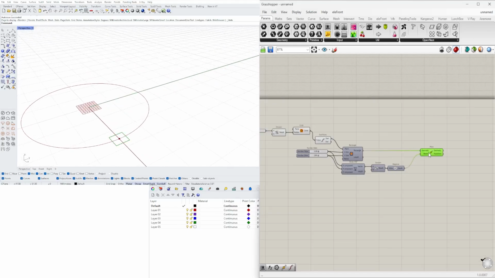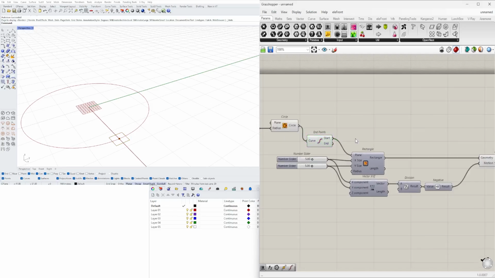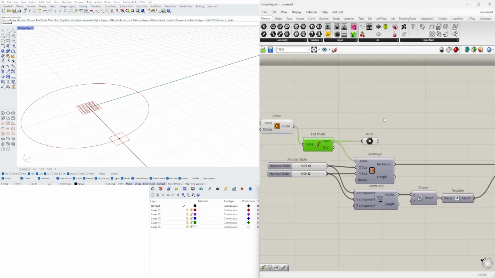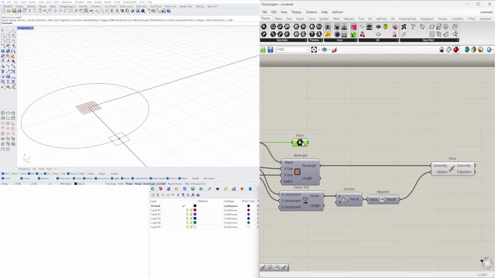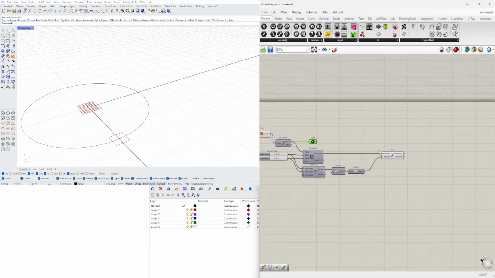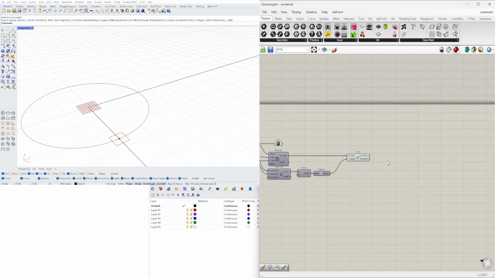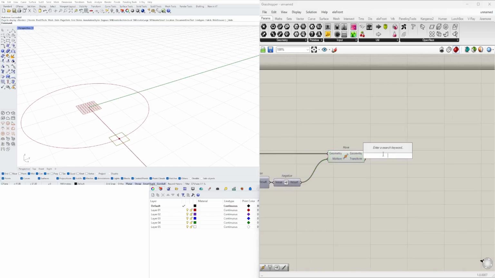Perfect. Okay, now we need to take this start point, and I can extract it also this way, so we can use this point. This one actually has 2. Now with the single point, we're going to move this up in the same amount as we extrude this. So first, let's extrude this curve, but let's do that. Let's turn it into a surface first. So boundary surfaces,